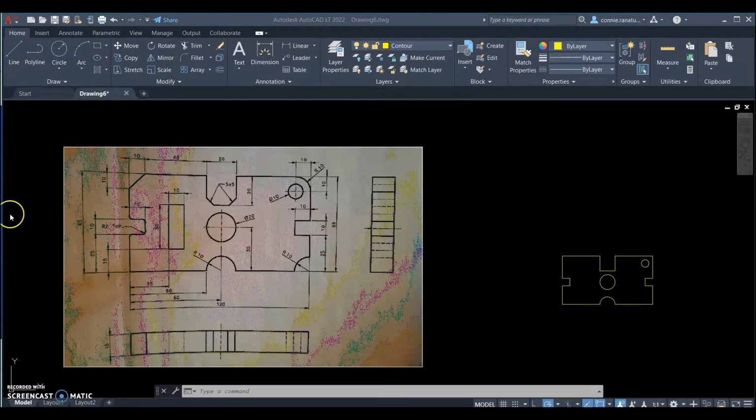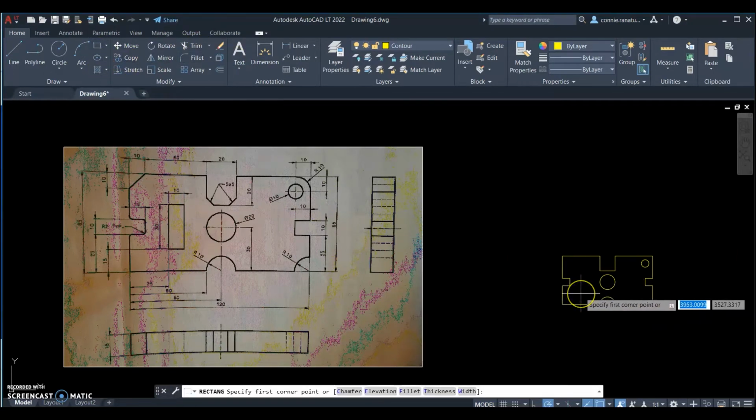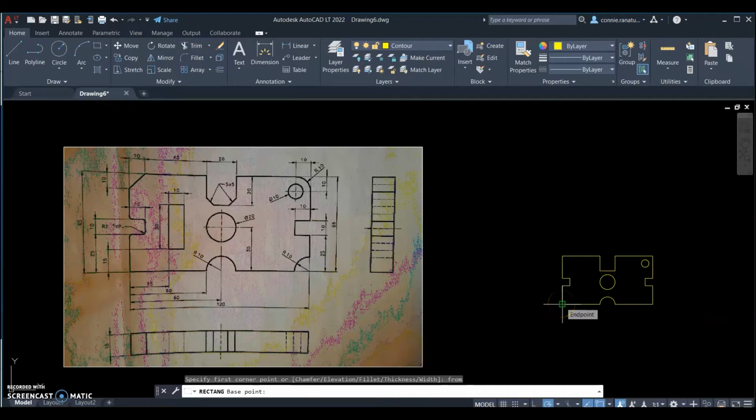Now we will draw the rectangle here. So again, we can use the rectangle. And here you see it's going 25. The starting point is going 25 in the x direction, 15 in the y direction from this corner. So I choose to use snap from again. I write snap from, enter. It asks for the base point, so I choose this corner as the base point,